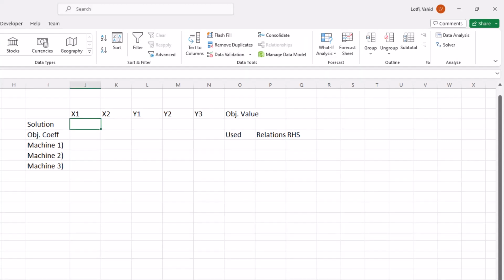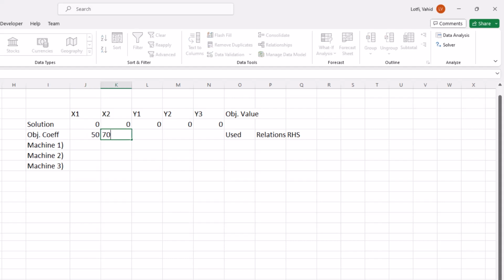Now we're ready to enter our coefficients. For solutions, I will temporarily put zeros. The objective function value we will define later. For objective coefficients, we wanted to maximize 50x1, 70x2, minus 1000y1, minus 2000y2, and minus 1500